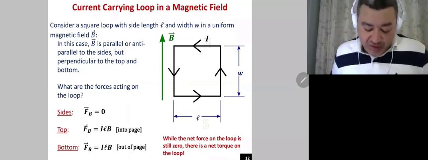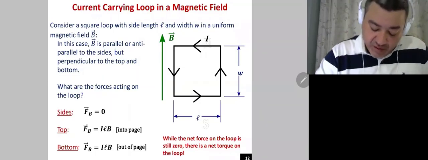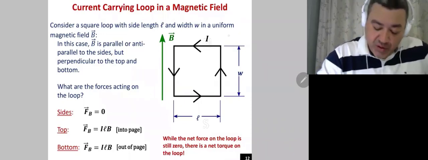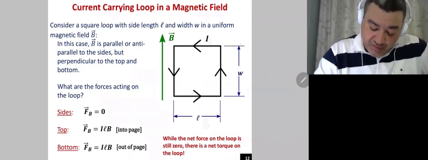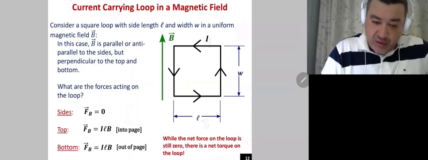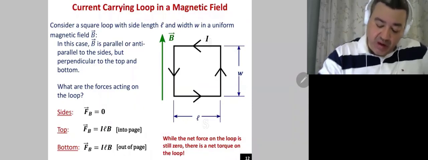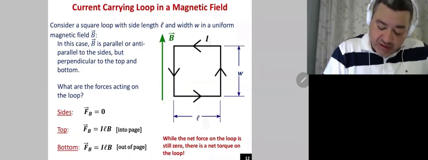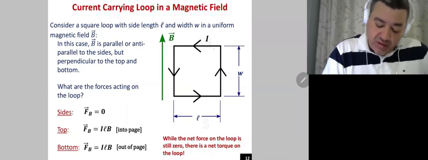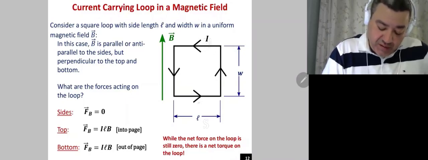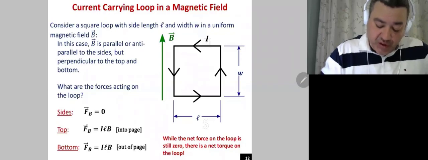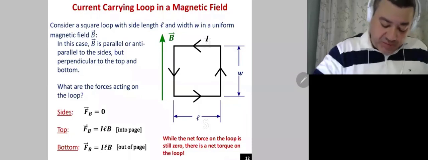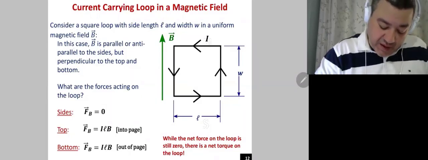So let's move on now to this loop. That's a rectangular loop with the width of L and a height of W, with the current, as you can see, going counterclockwise, and the magnetic field is pointing upward. So if we want to calculate the magnetic force on each side,